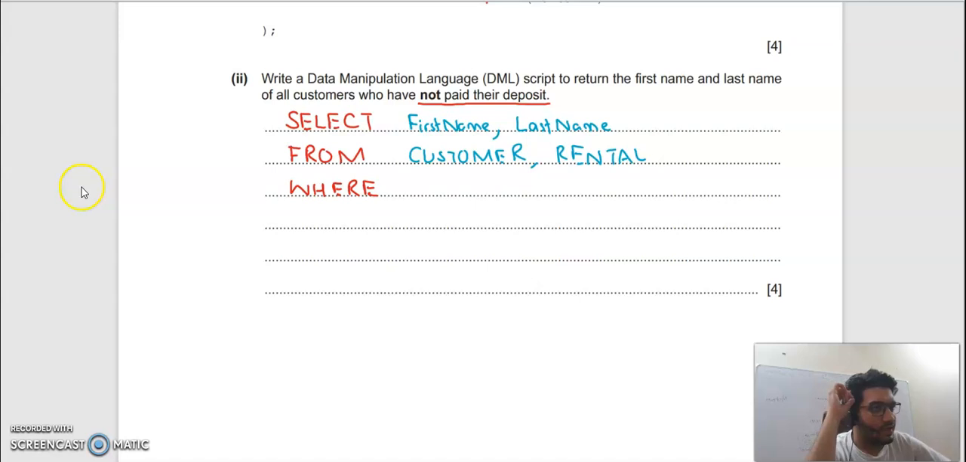Now the condition is where, again, it says who have not paid their deposit. So I'll say where deposit paid equals no. Do I need any other condition? Remember, whenever we are linking two tables together, we need to have an and condition. So I'll say and